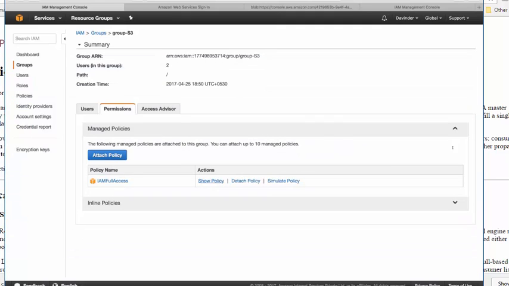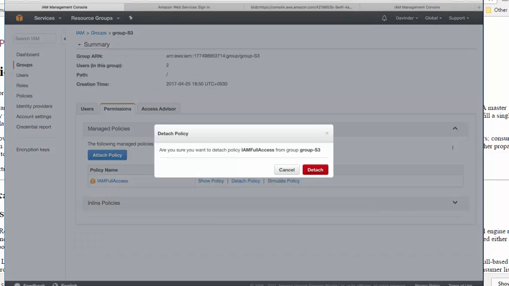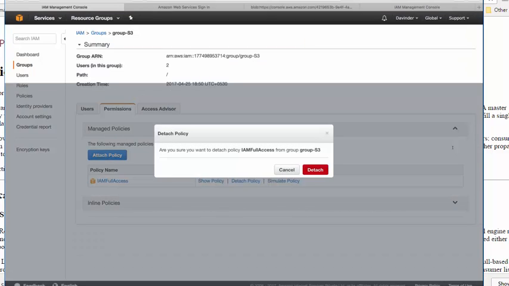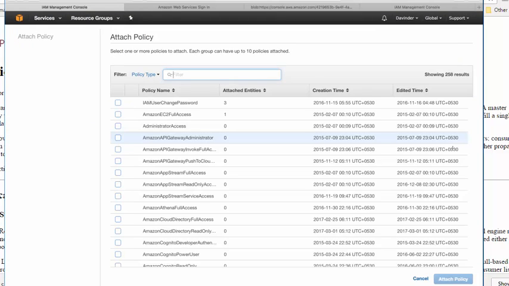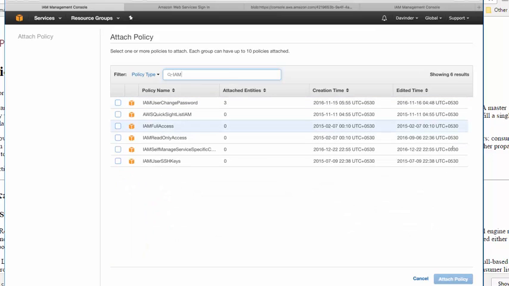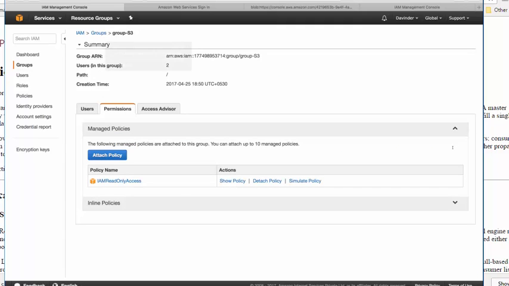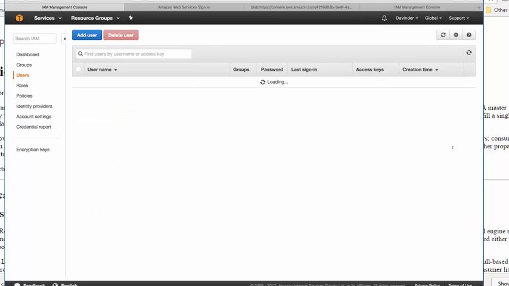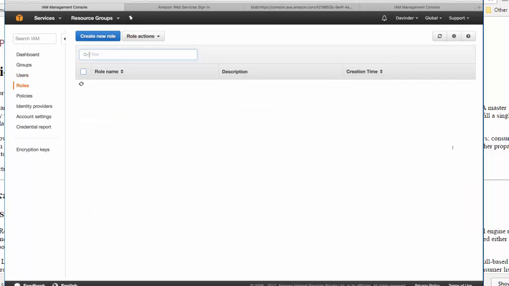So now this person has full access. Even we can detach that also. Or if you want to add, just attach a policy, IAM read only access. Just repeat this thing and attach the policy. Done. So this is the very basic thing, user groups, and now the critical part will come with the